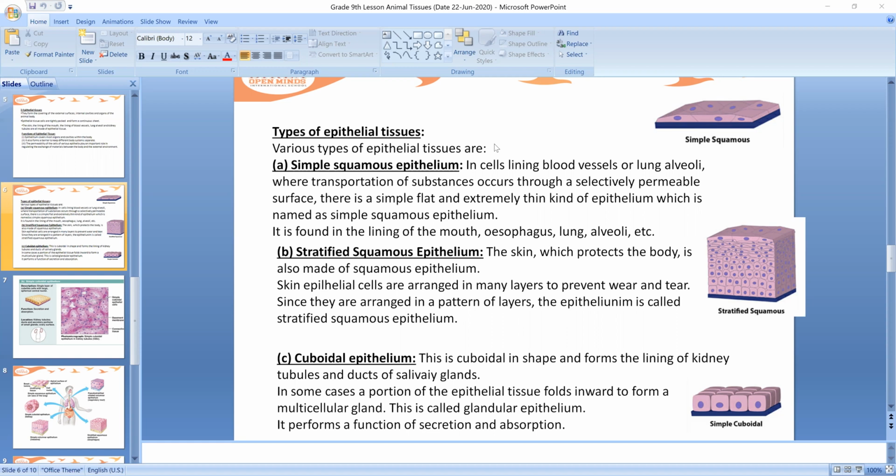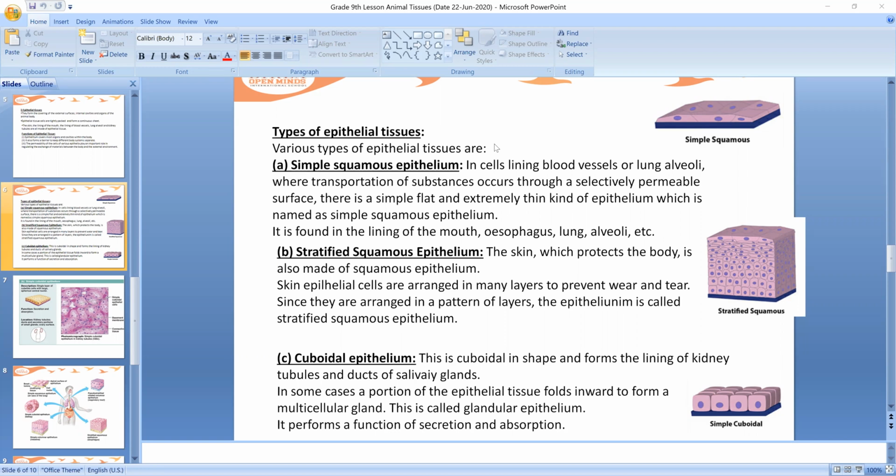Yes, now coming to the cuboidal epithelium. Even here, the name itself tells us: cuboidal. It is in the form of a cube. They are simple cubes, arranged in the form of cubes. They are present in the lining of kidney tubules and the ducts of salivary glands. Where are these salivary glands present? They are present